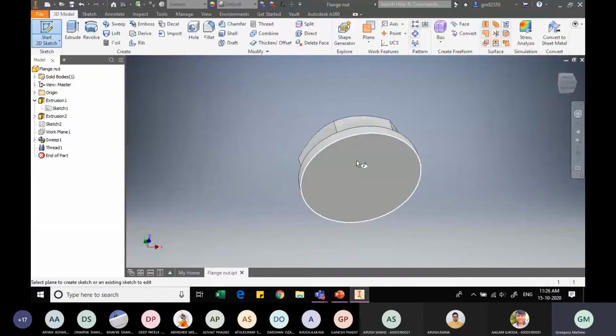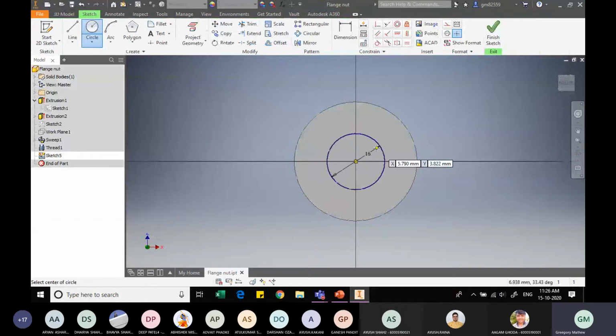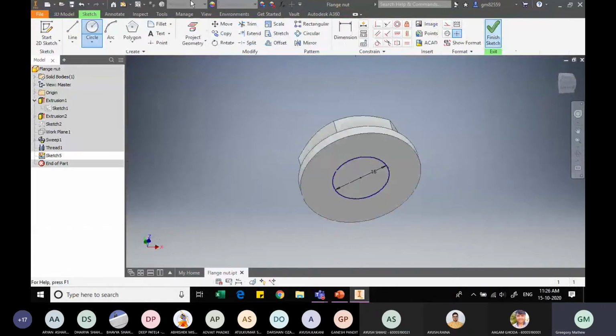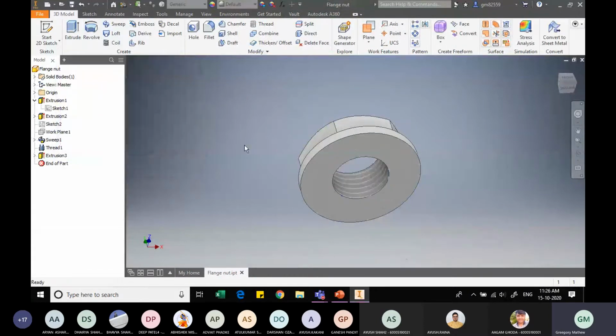So using the sketch command, let me complete this sketch here. And I know the circle is 16 mm diameter. Let me finish this sketch, and let me extrude it to the other direction. So using the cut option, the thickness is over here.